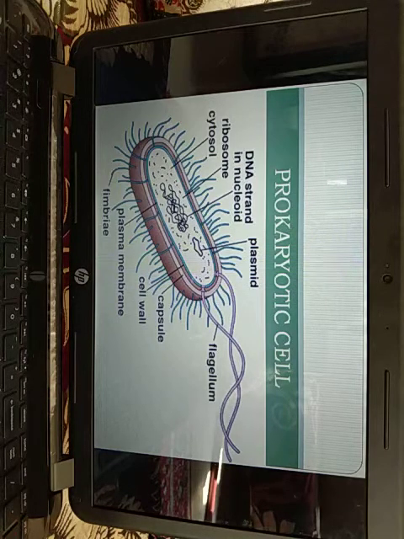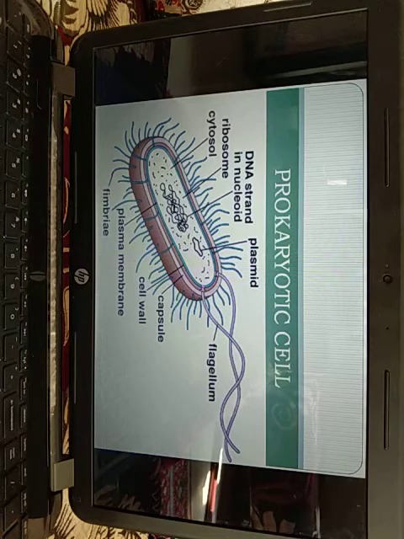Now next we have the cytoplasm. It is a crystallo-colloidal complex that forms the protoplasm excluding its nucleus. The cytoplasm is granular due to the presence of a large number of ribosomes. Membrane-bound cell organelles are found in eukaryotes and are absent in prokaryotes. However, all the biochemical pathways are found in prokaryote cells.